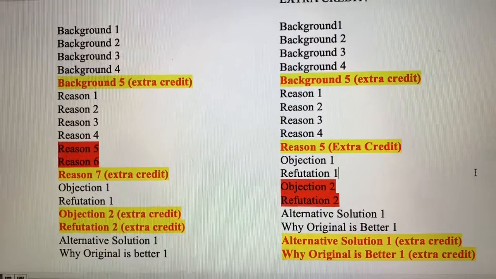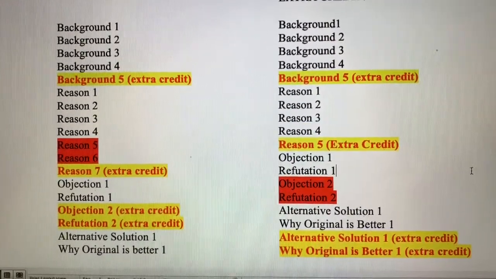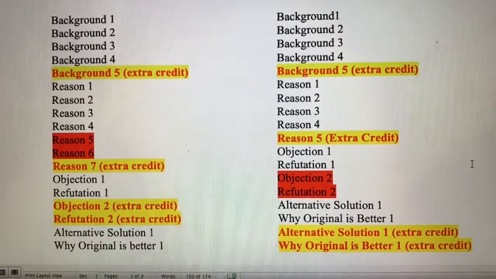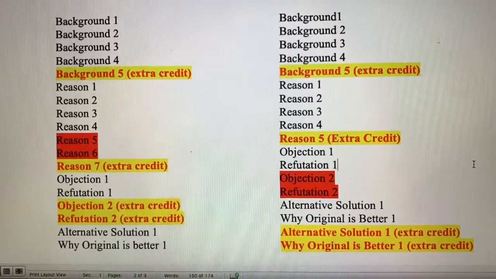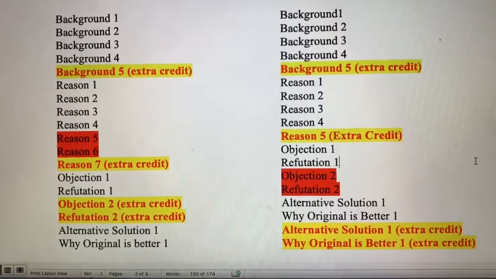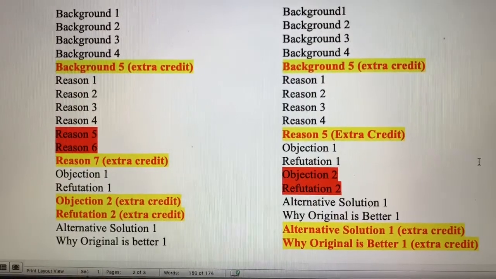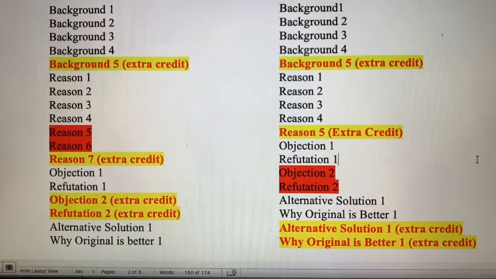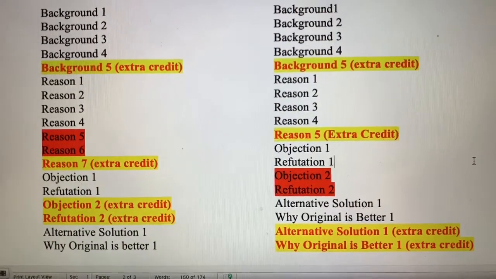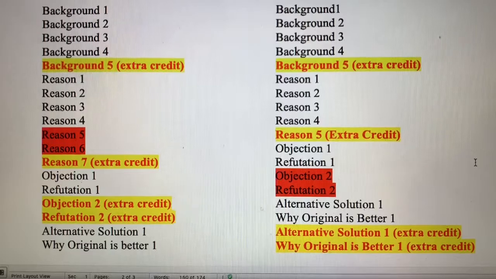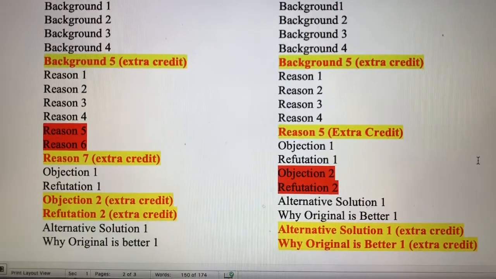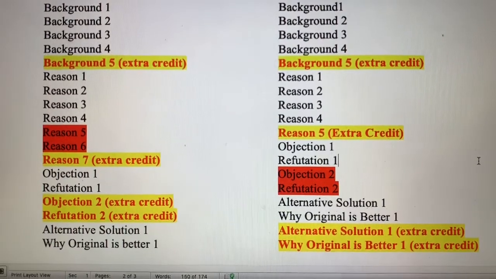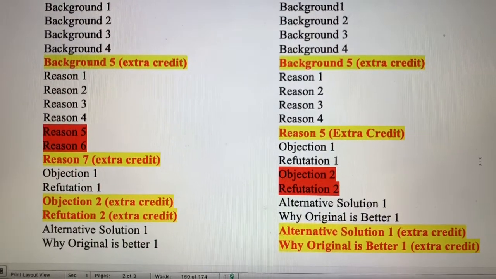And notice in both cases, the essay still has 4 original background paragraphs. And in either option, you're just adding 1 additional background paragraph for a total of 5. Option 1 is that original one that had 6 reasons in support, where you see that red extra 5th and 6th reason. You can do 1 extra reason for a total of 7. And then you can do 1 extra alternative viewpoint in the form of an objection or a refutation.